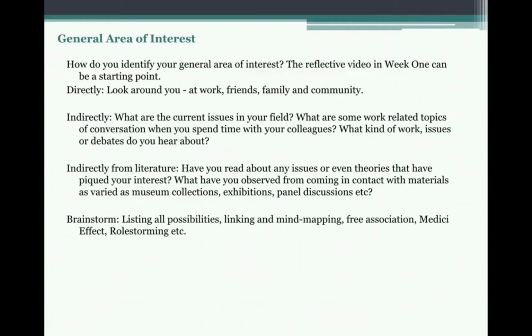आपके इंटरेस्ट कहाँ पे वेयर दे लाई। सेकेंडली आप इनडायरेक्टली सोच सकते हैं कि व्हाट आर द करंट इश्यूज इन योर फील्ड। सो फॉर एग्जांपल एज आर्टिस्ट्स फ्रॉम पाकिस्तान वी आर ऑफन कंसर्न विद perhaps identity या फिर medium और it can be many many other things, लेकिन आप सोच सकते हैं कि इर्द गिर्द आपके आपके वर्किंग प्रोफेशनल्स किस किस्म की चीज़ों में इंटरेस्टेड हैं, किस किस्म की चीज़ों के बारे में एक दूसरे से बात करते हैं। इवन सोशल ओकेजन्स यू कैन ऑब्जर्व क्लोजली कि वर्क रिलेटेड कॉन्वर्सेशन क्या होती है, और इसके अंदर डिबेट्स कौन सी मौजूद हैं। तो पॉसिबल है कि आपका इंटरेस्ट इनमें से भी किसी में आता हो।